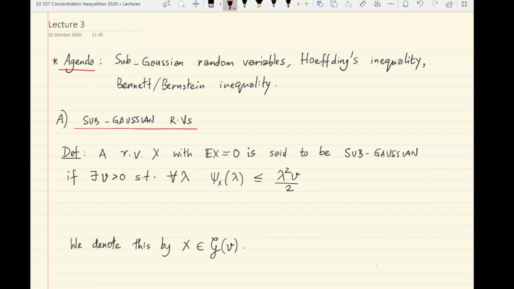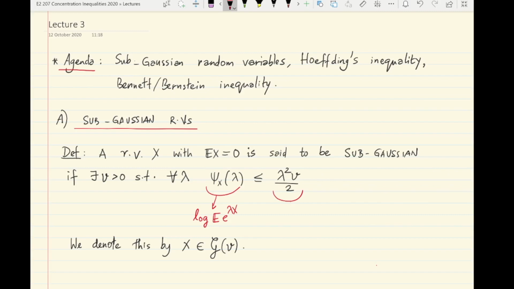Here a random variable X with 0 mean is said to be a Subgaussian random variable if there is some positive number v such that its log moment generating function is upper bounded by lambda squared v by 2, for every value of lambda. Just to refresh your memory, C_X of lambda is the log moment generating function of X at lambda,